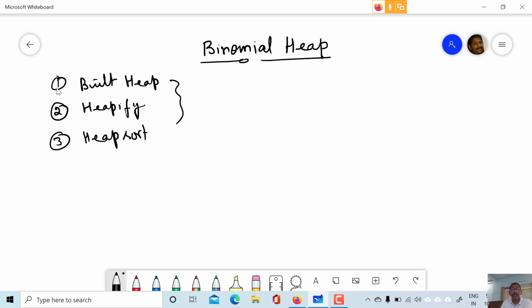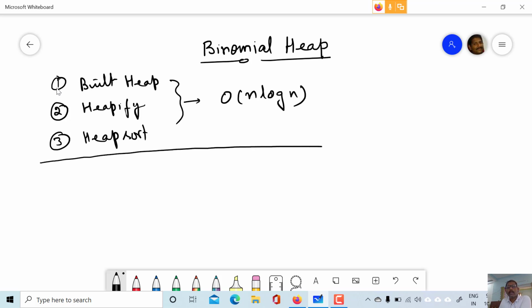And we have also seen that the running time of heap sort, in the best case as well as in the worst case, in both of the cases, is order of n log n. So by this, the heap sort algorithm was supposed to be the best sorting algorithm. But in this case also, there is a case where heap sort is not working well.